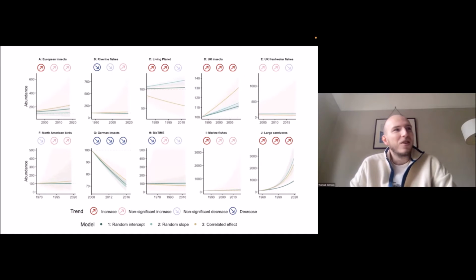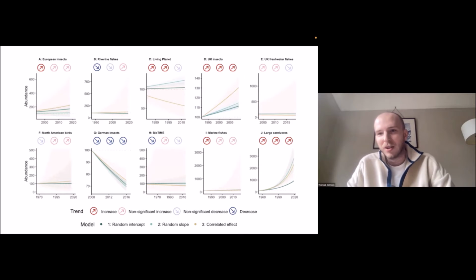So that's suggesting that there is not this clear evidence of contemporary biodiversity loss, which we can definitely see in other data sources. For instance, if we look at the Red List Index, there is clear evidence of biodiversity loss, but we just can't really see it in this data. And there's a whole load of reasons why I think that might be, that I discussed at the beginning. For instance,